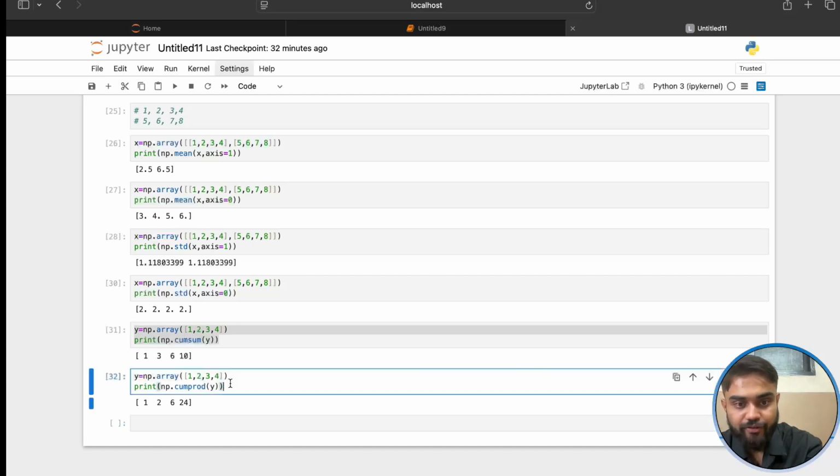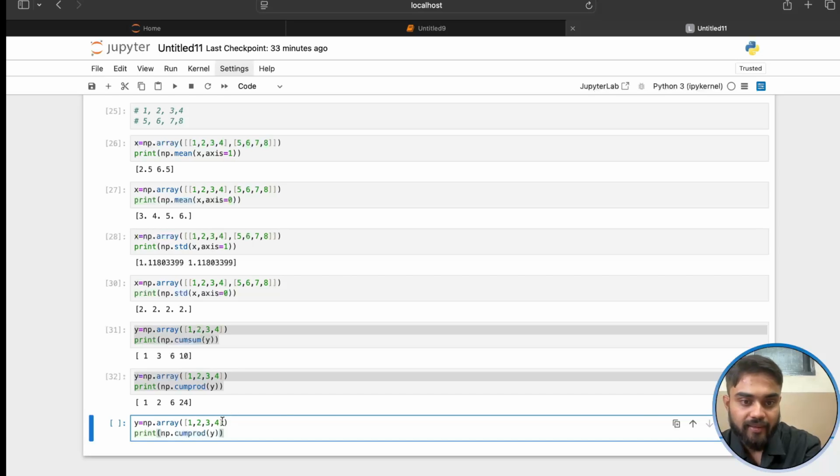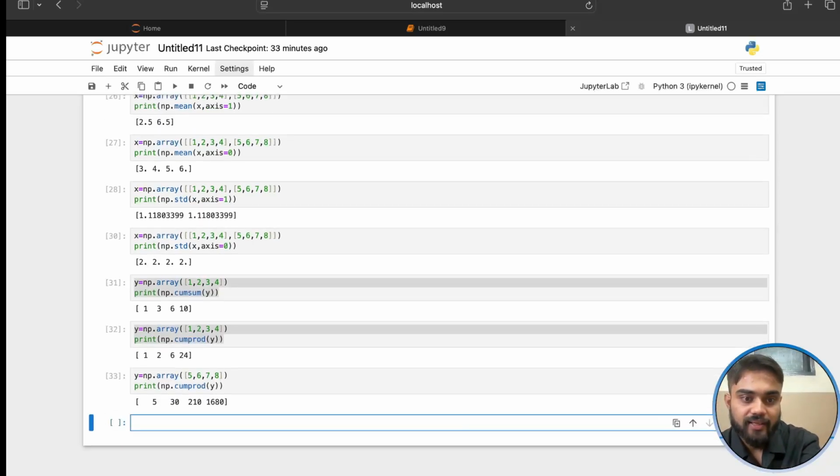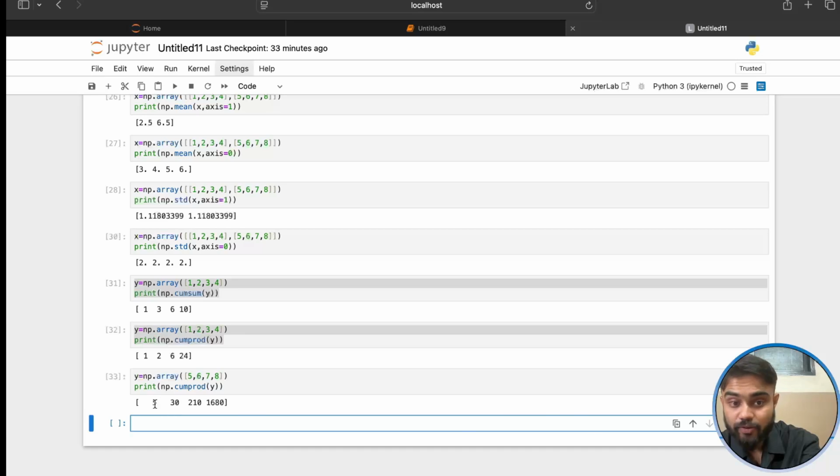If you are going to change the value, suppose I am going to change the value, right, in place of 1 2 3 4 I am going to mention here 5 6 7 8. Here I am going to write 5 6 7 8, and this time you can get the output 5 30 210 and 1680। How is this possible, like 5 is the first value, and after that 5 into 6 30 is the output right now। Okay, 30 into next value, 30 into 7 210, and now for this